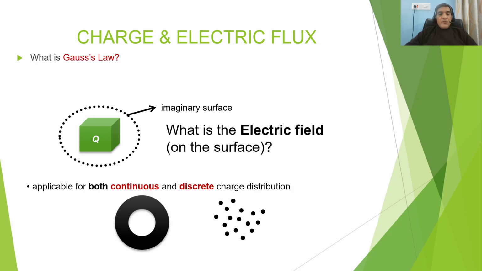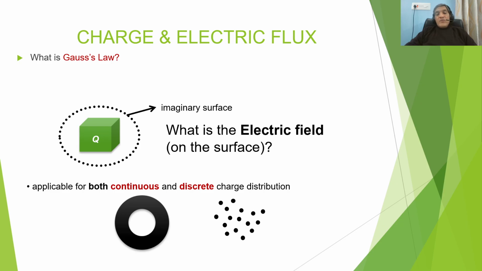So first of all we have to keep in mind what type of charge distribution we have when finding the electric field. If we have a continuous charge distribution, we go through different mathematical formulations, and if we have a discrete charge distribution, we use different mathematical formulas. It depends on which type of charge distribution is in our question. First, we have to draw an imaginary surface around that particular charge, from which we will find the value of the electric field.